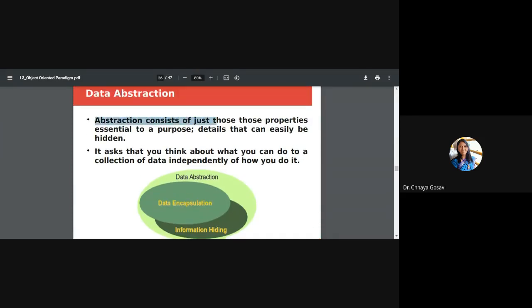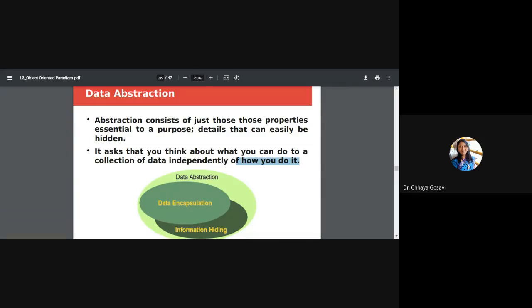Data abstraction consists of just those properties essential to the purpose, with details that can be easily hidden. So as I said, data abstraction or abstraction means hiding details, conveying in brief. It asks you to think about what you can do with a collection of data independently, not how you do it. So how you do it is hidden, but what you can do is shown to you.